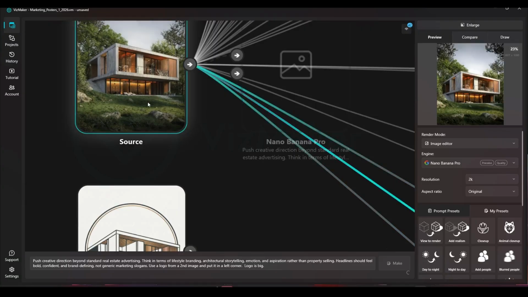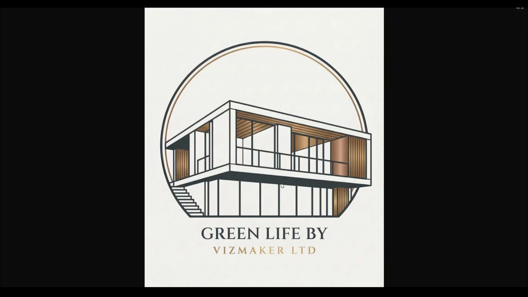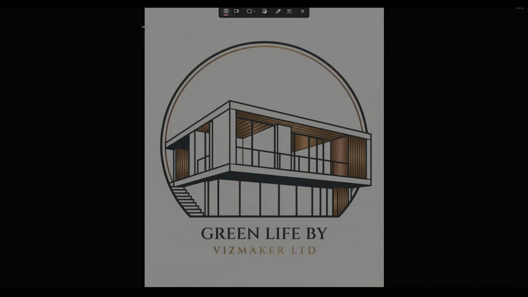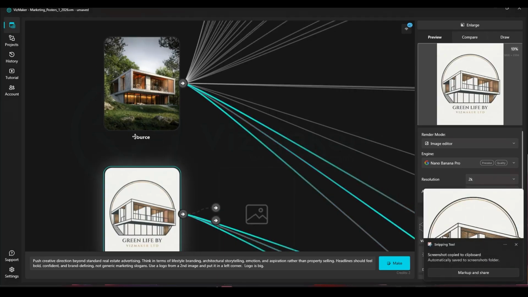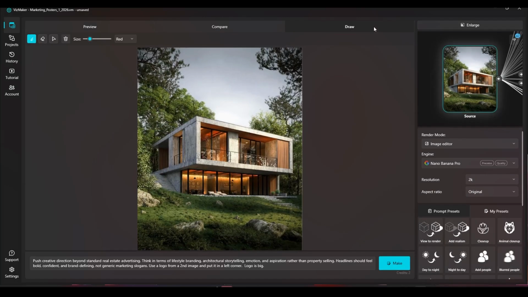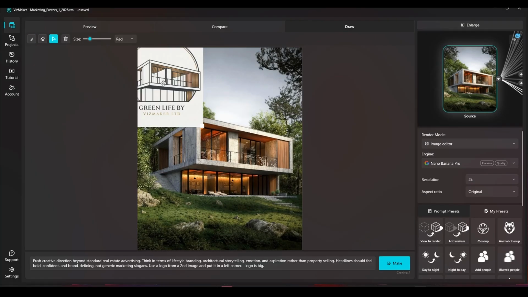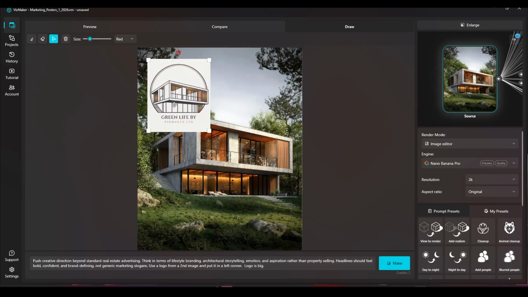As well, we can do it by simply creating a print screen. So I'm opening the image, clicking the print screen button. Now it's ready. And clicking escape. Now I'm opening my source image, double click. I'm clicking here the enlarge button, then I'm selecting the draw option. And now I'm selecting this icon and right-clicking the mouse and clicking paste or Control V. And we have it. So generally now I can change my prompt a little bit, use a logo from second